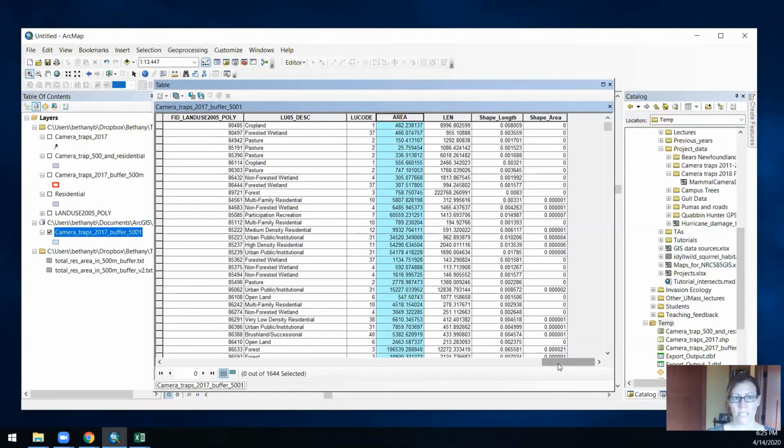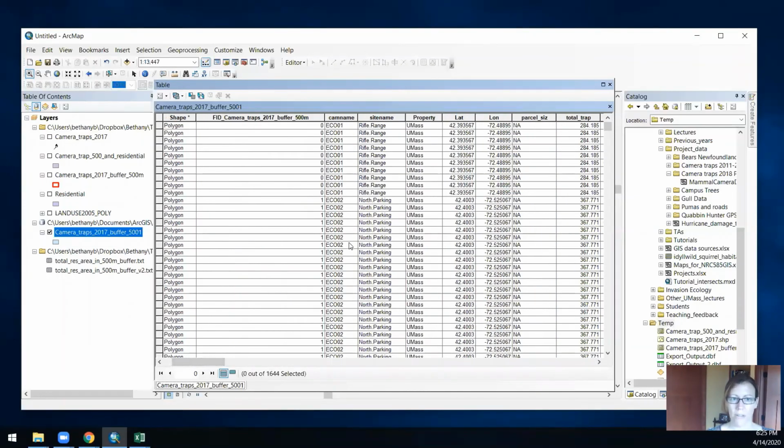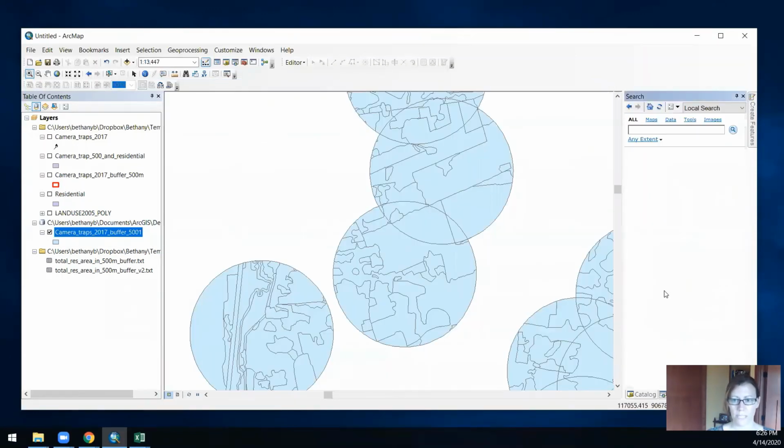Now I have two things that I'd like to summarize against. One is the land use description and the other is the camera trap name, right? Because I want to know what is the total land area of all of the different land uses surrounding camera 1. So that is a new tool, but it's similar to summarize. It's called summary statistics